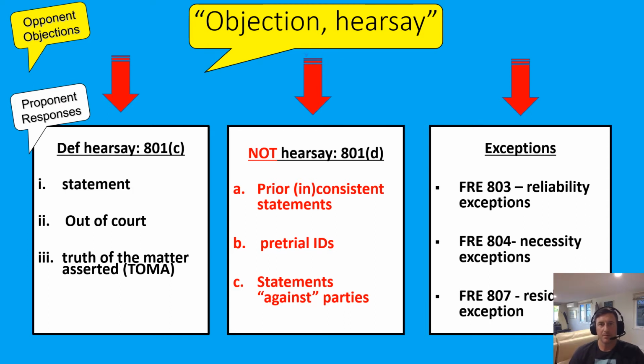And you see them highlighted in this middle panel here: prior inconsistent statements, prior consistent statements, pretrial IDs, and statements against party opponents or statements attributed to party opponents. And really, most of them are handled in other videos. Today we're going to talk about pretrial identifications, and really what we're talking about is out of court identifications, because